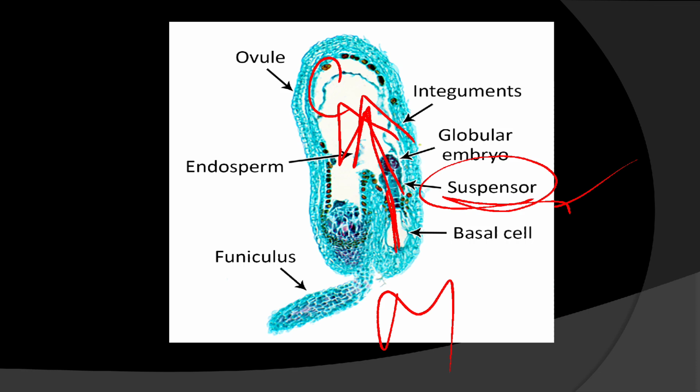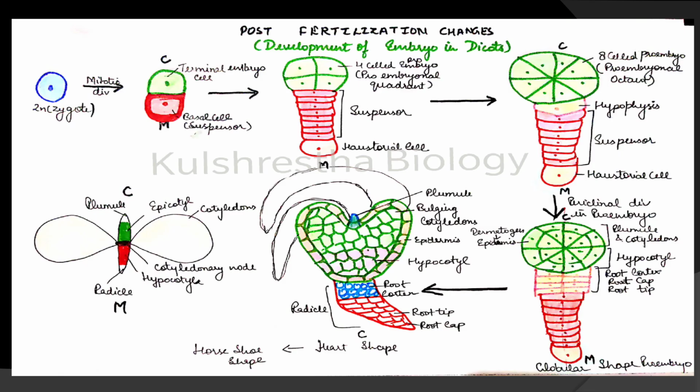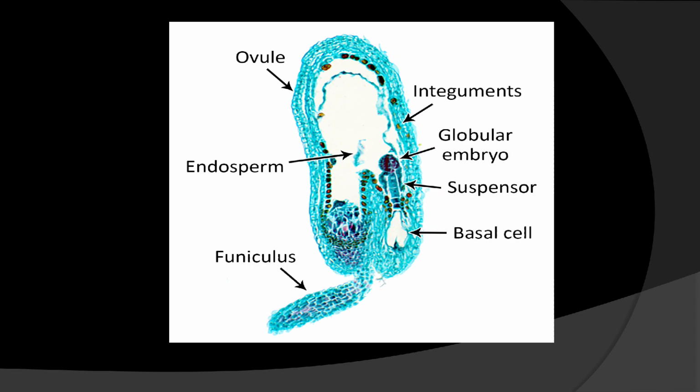Okay. Now let's see and learn in detail about the development of embryo in dicots. In many books you will see all these figures are upside down. So don't worry about that. Just see the ends, it was mentioned over there. Here I have drawn micropylar end, and at the top is the chalazal end, in the same way which I showed you here. And the embryo is growing towards the chalazal end. Are you getting my point?